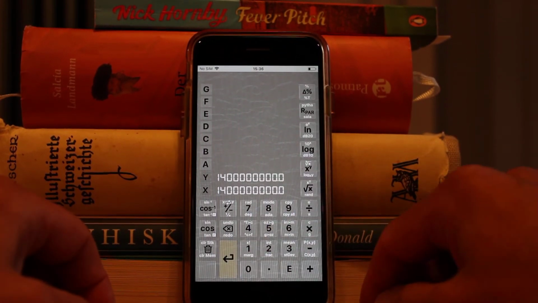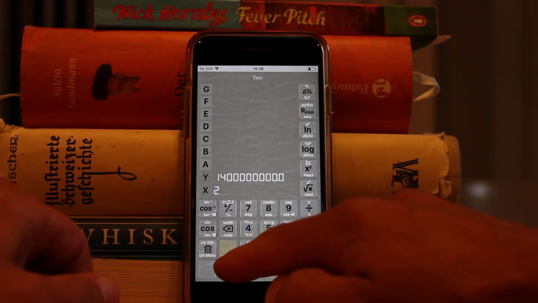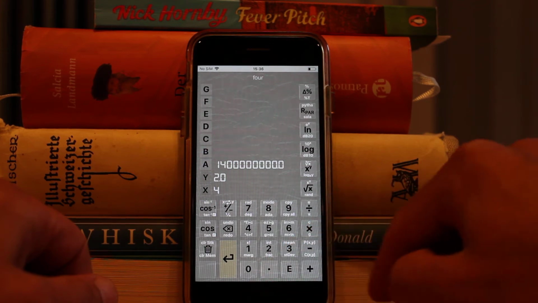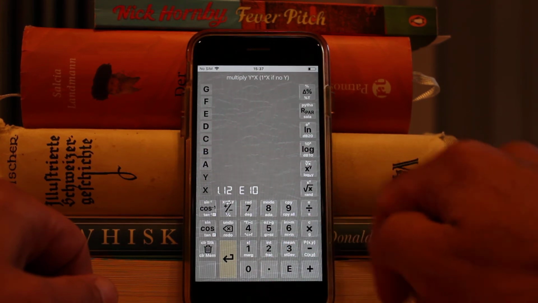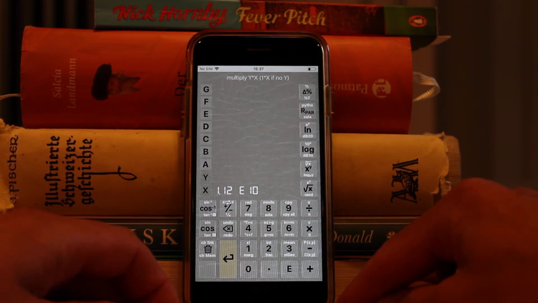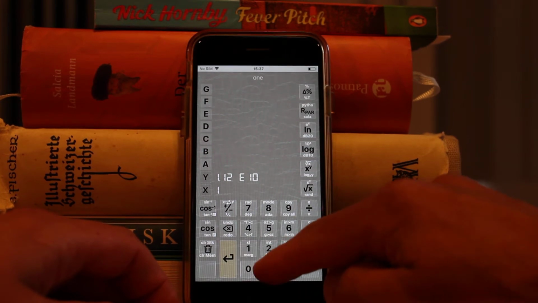All right, so enter, hit 2 for the width of a car, let's say 2 meters. Hit 4 and multiply all of these together, and that will give you the area in square meters of all the cars in the world. Seems like a pretty dang big number. Now divide that by 1,000,000,